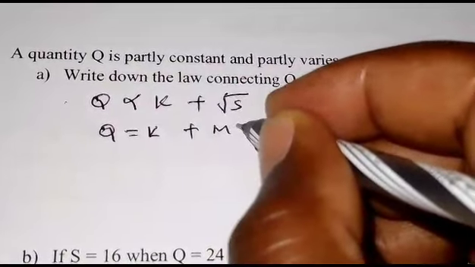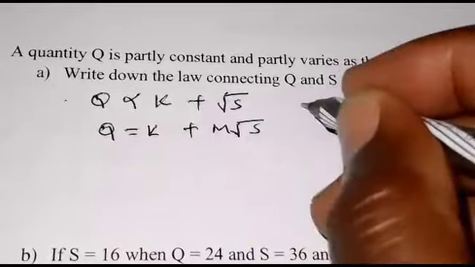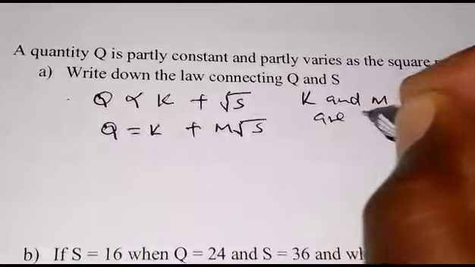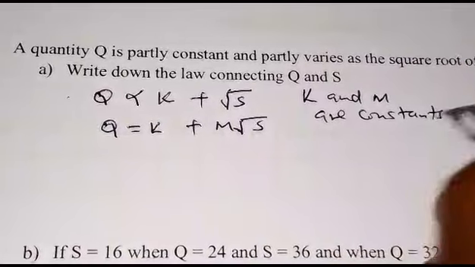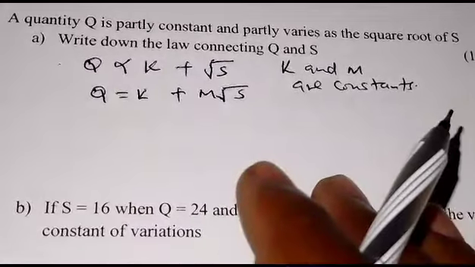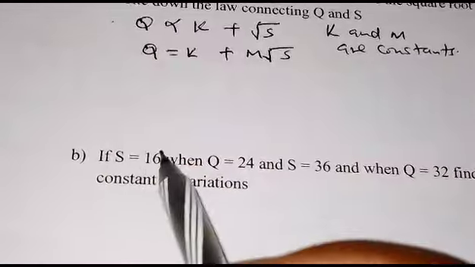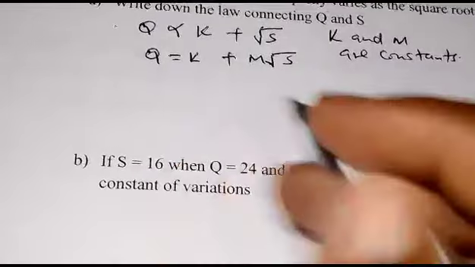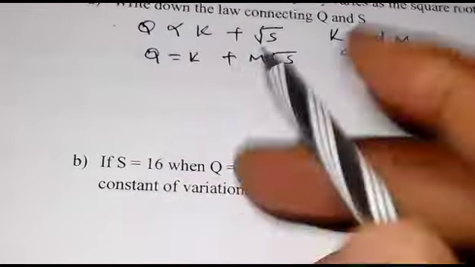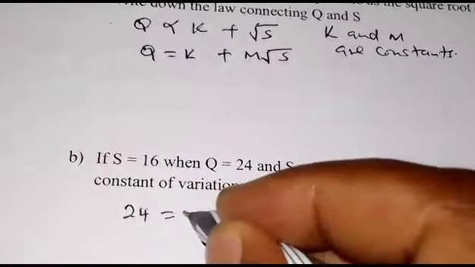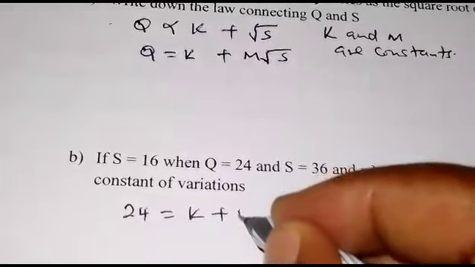So let me just put constant m. So here we are saying that both k and m are nothing but constants. These are constants of proportionality. So that's the law connecting those ones. Then we are told s is 16 when q is 24. So s is 16 when q is 24. So substituting these two into this equation here, we have 24 equals k plus m,